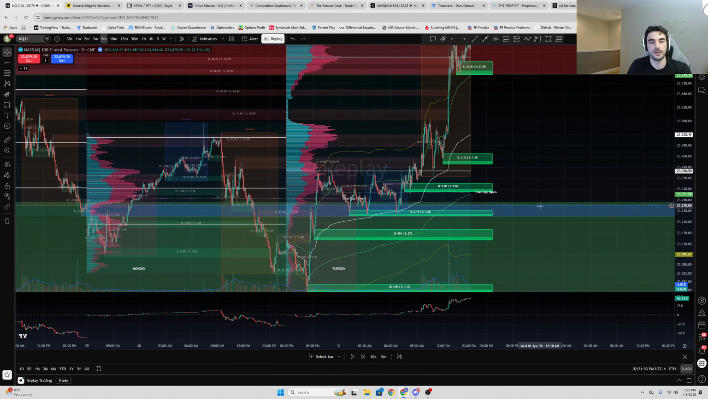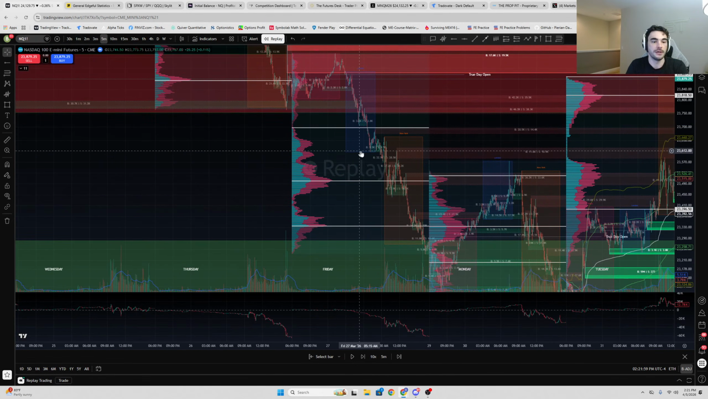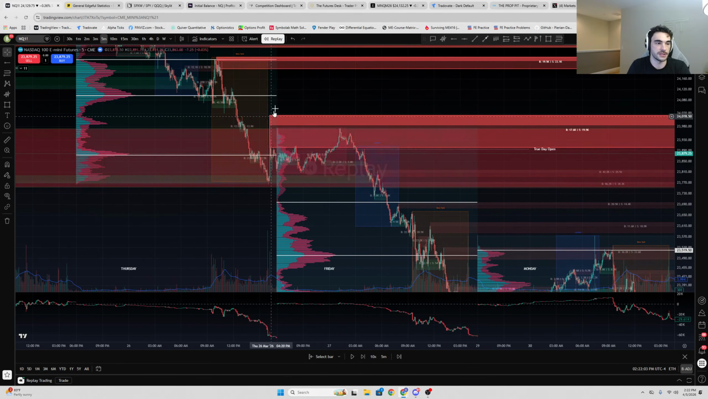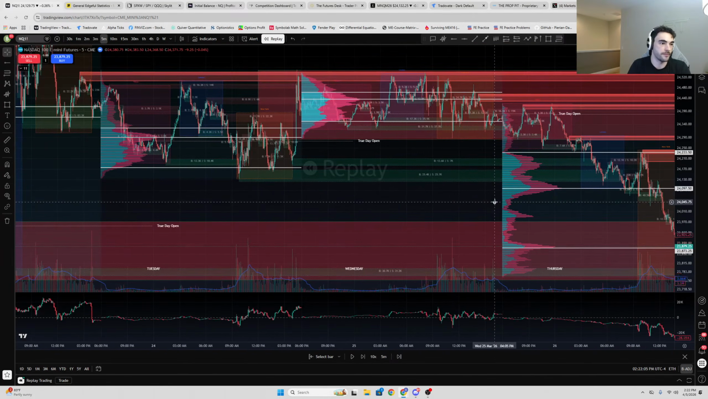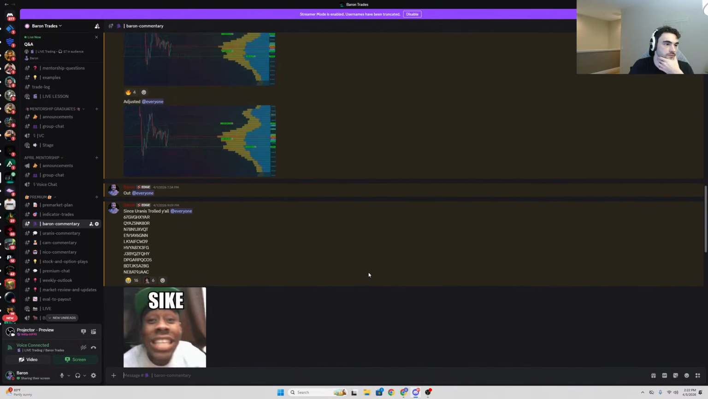So determining when value area highs, value area lows break, I don't think it's necessarily a good thing to think about. I more so look for once it breaks, what happens when it retests the area. So let me pull an example of this. If I go back to